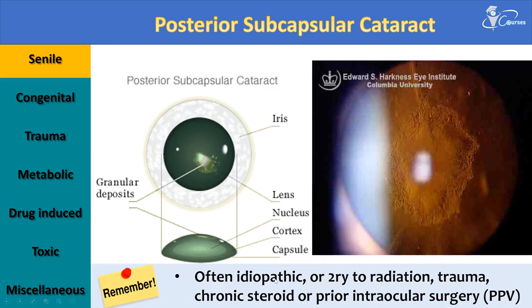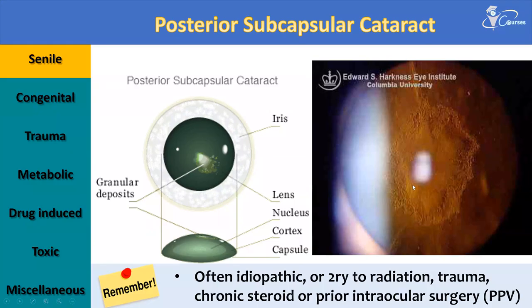They can sometimes be idiopathic or secondary to irradiation or trauma. These are common causes, but also chronic steroid use. Those patients who are on long-term steroids for any systemic disease are prone to the risk of developing cataract. Which kind of cataract? It is the posterior subcapsular cataract. Also, prior intraocular surgery like pars plana vitrectomy causes